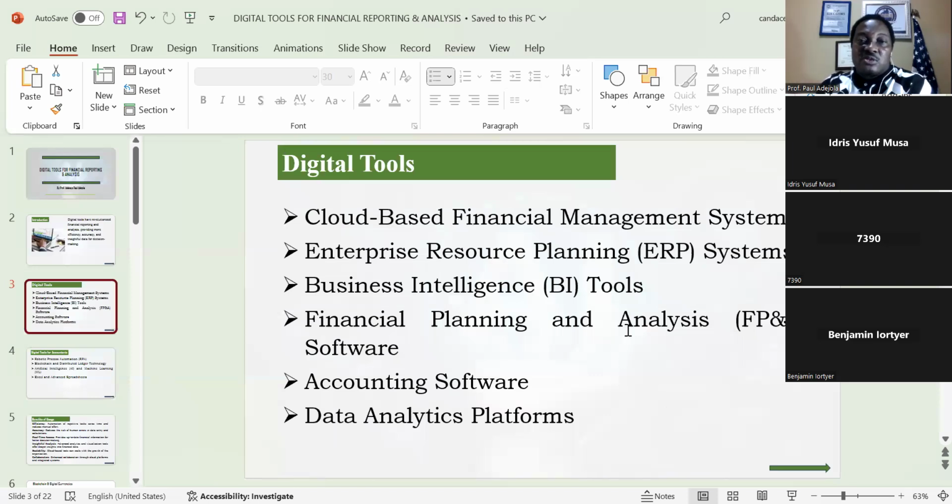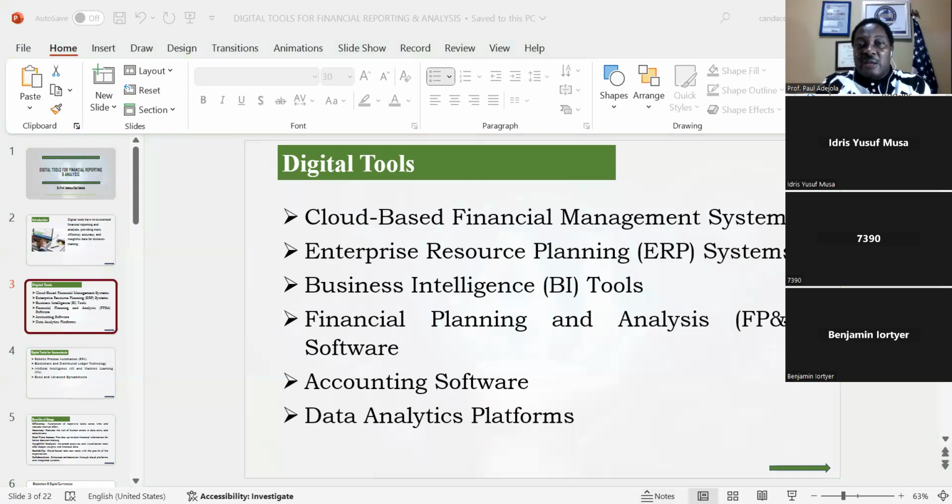Now, the second to that from our screen is enterprise resource planning. And when we say enterprise resource planning here, we are saying there are also cloud-based accounting solution, financial management solution that reside on the server.